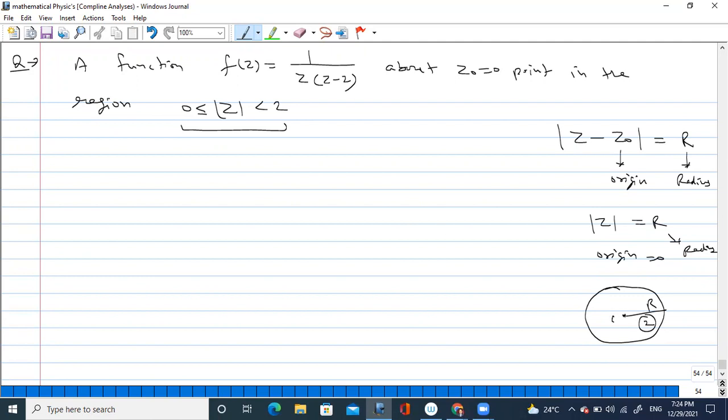So the radius is starting from 0 and reaching the value 2. This is the meaning of that. So this is the total region in which my function is defined or analytic about this point. So this will give you the series inside the region 0 to 2. Okay. So use this region